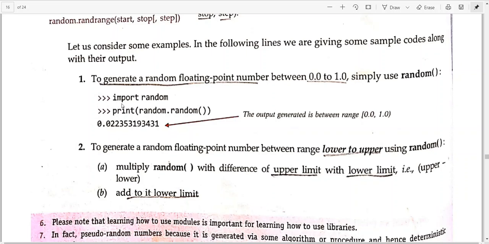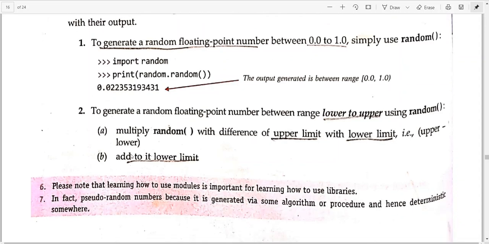So you need to firstly import the random module using this import statement. After you have done that, you can use this random function. You know what this random function will do. It will generate a number within this range that will be a floating point number. Okay, you can see this time it has generated this number and it is satisfying this particular range.